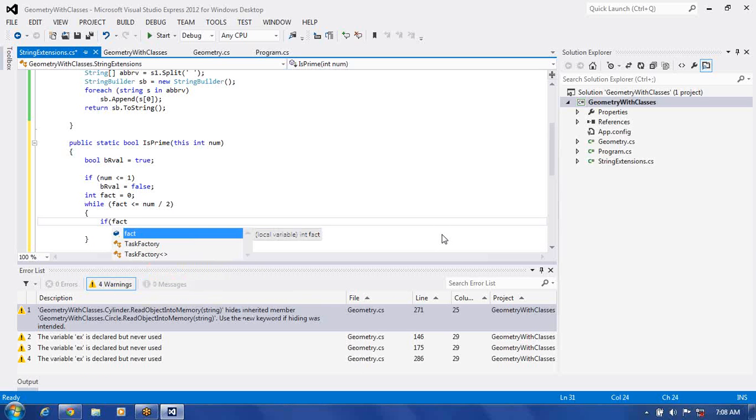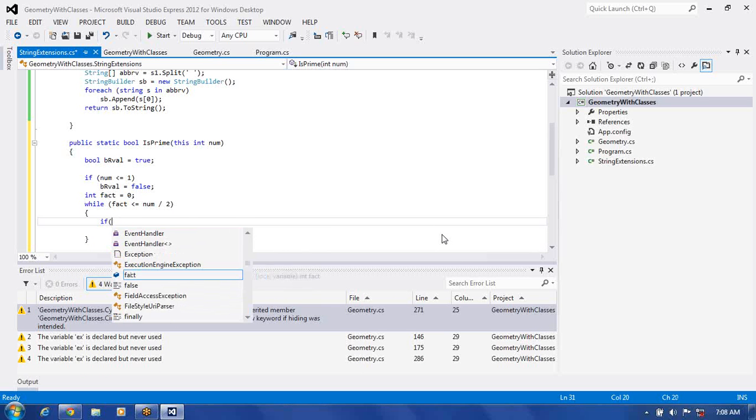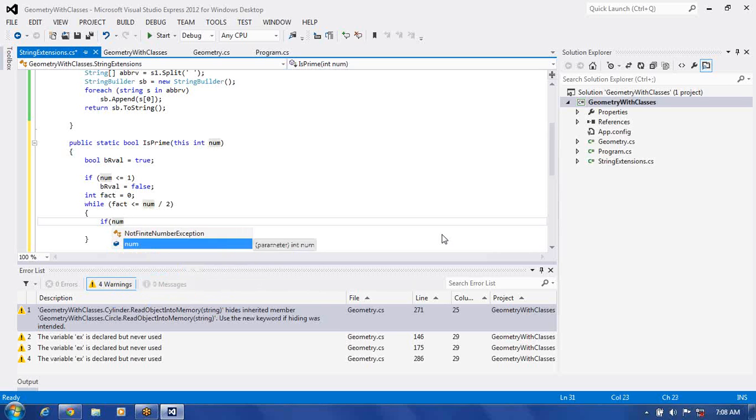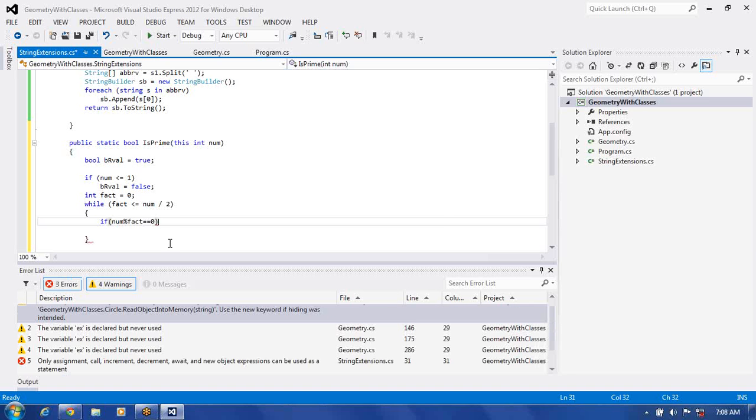If num percent fact equal to 0. Okay, fact equal to not 0, it should be 2 here. I use this as 2, from 2 we are going to start it. If num percent fact equal to 0, then we put here,